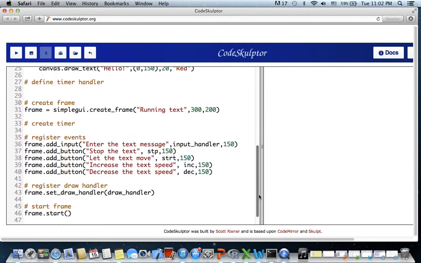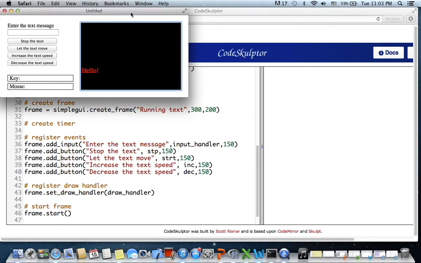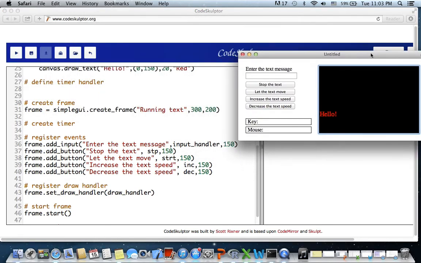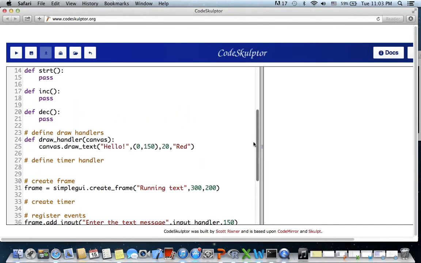I also have the draw handler registered and defined, and that's how we see the text here. So I have registered the draw handler using set_draw_handler function, and this calls draw_handler, which actually updates the text. So if we see in the draw_handler function, it says canvas.draw_text. Draw_text is a function which is used to draw text on the canvas. So if I write canvas.draw_text